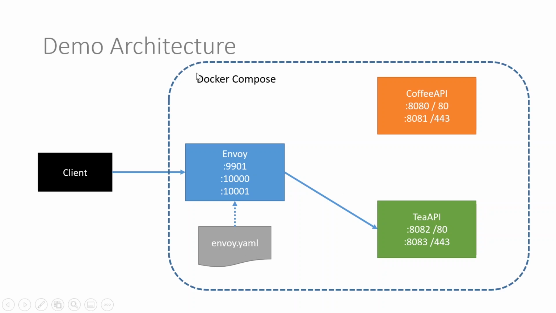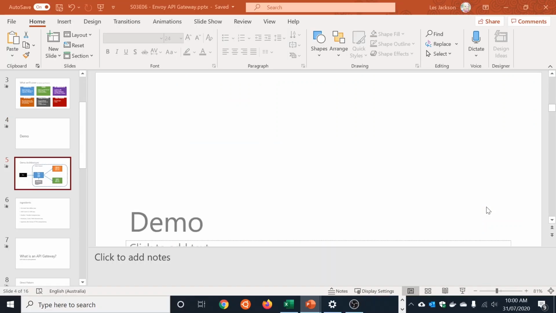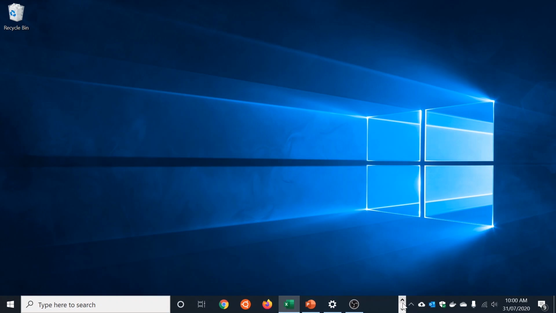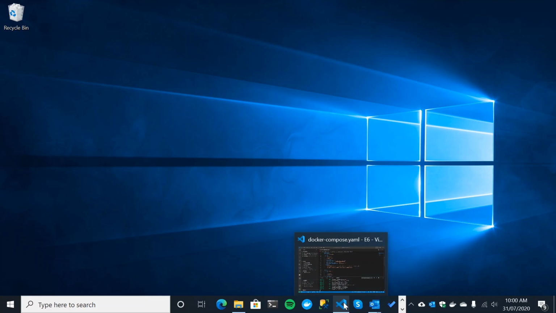All these services are going to be running within Docker Compose. It just makes it very easy to manage, and the networking between our containers is all set up as well. Cool. So a very quick overview of the code, and a very simple demo of that routing example. We will do the HTTPS stuff when we come to it.